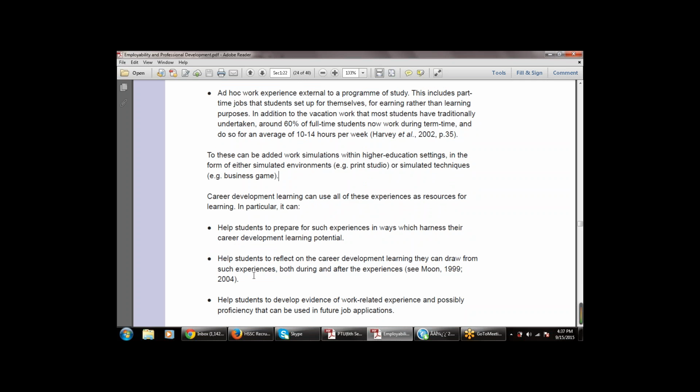The first is that experiences help the students to prepare for such experience in ways which harness their career development learning potential. So whatever experience I share with you, that experience may be applicable for you also, may be helpful for you also. That helps the student to prepare for such experience in ways which harness their career development learning potential. Then it also helps the student